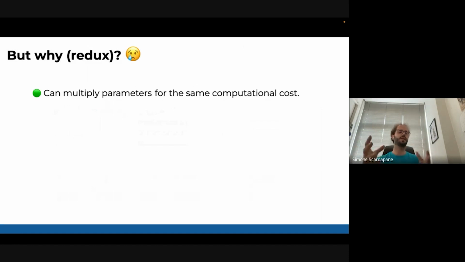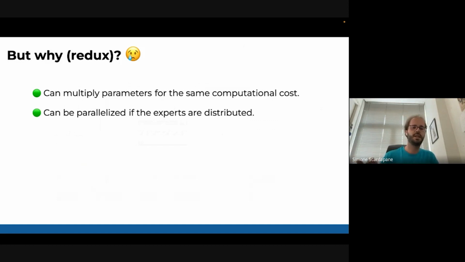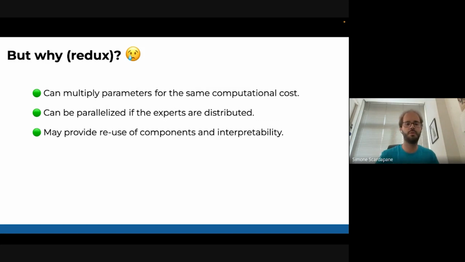Again, why? Because this is something that is investigated a lot right now, by Google, but also OpenAI, probably. One reason is that it's a nice way of quickly multiplying the number of parameters, because you can have as many experts as you want, and they will not worsen your computational costs, because you will only activate them depending on the tokens that are routed. The second interesting thing is that they can be parallelized, because once you partition the tokens, as I will show later on, you can execute these experts in parallel if they are on different GPUs.